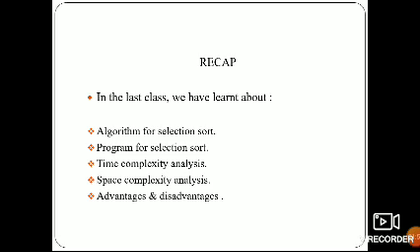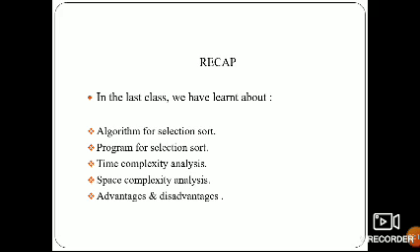This process is repeated until all the elements in the given list are sorted. This is about selection sort. It works based on the smallest number. First it searches for the smallest number, and then it is swapped with the first element.